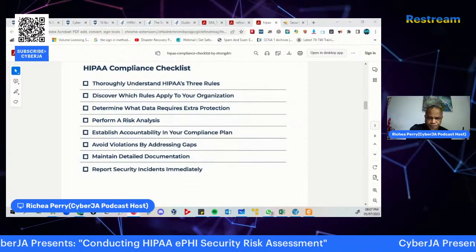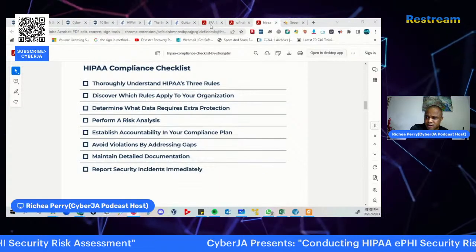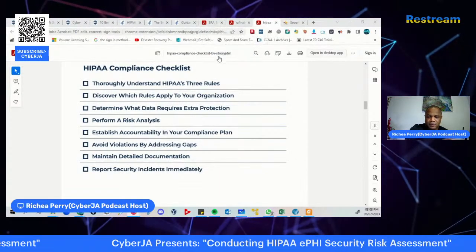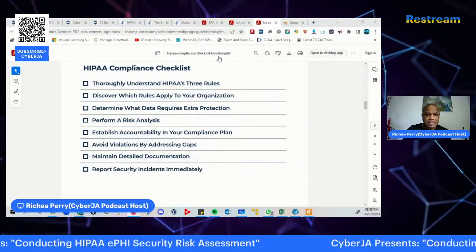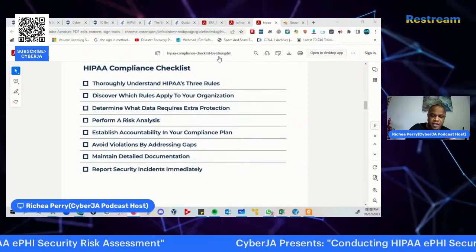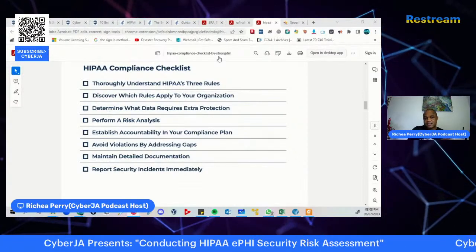Now, just for us to get an understanding, I'll be jumping across a number of resources, and I'll also be placing a link in my YouTube link with all the resources that I will be going through in this particular session.